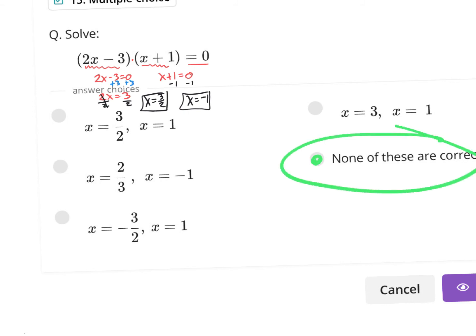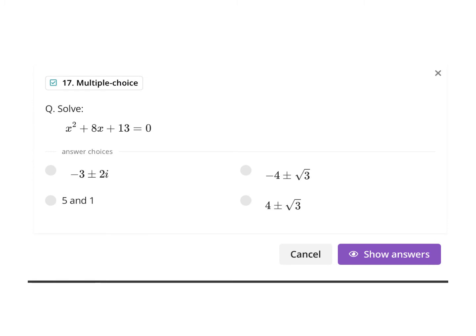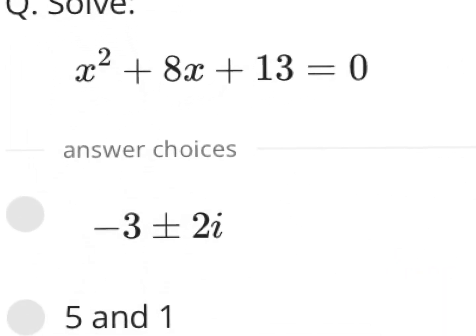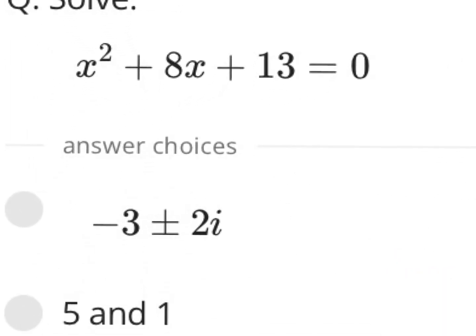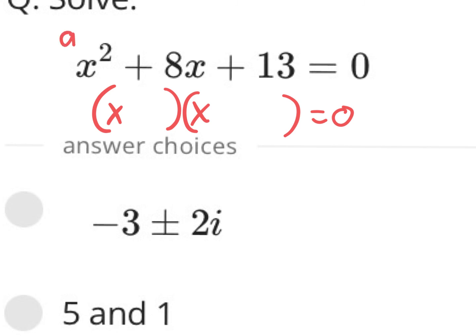On this one, solve that guy? Well, first instinct should be to try this, right? Because if your a value is 1, then you could set this up and hopefully it works. What times what is 13 that if you add together is 8? We know it does not work. It's not factorable. It just doesn't work. So what we need to do is use the quadratic formula